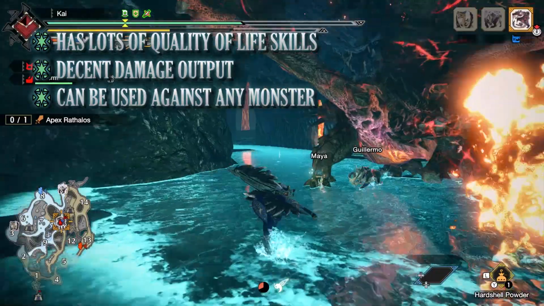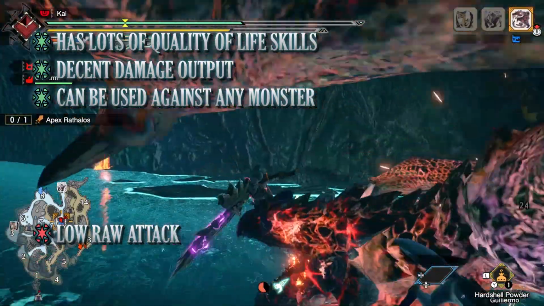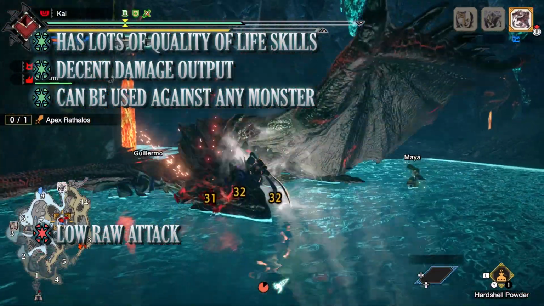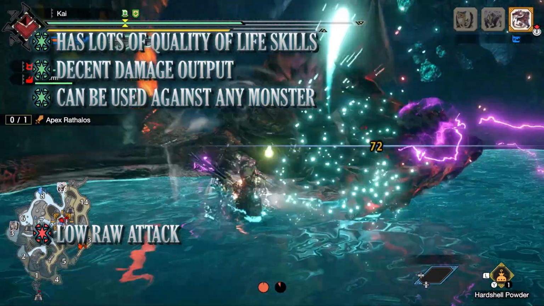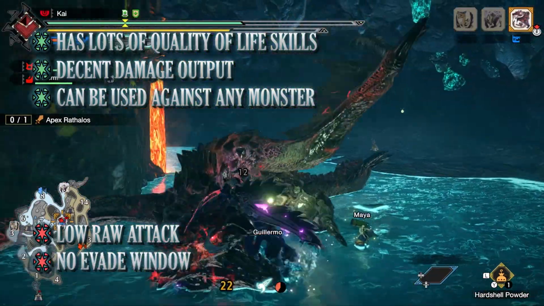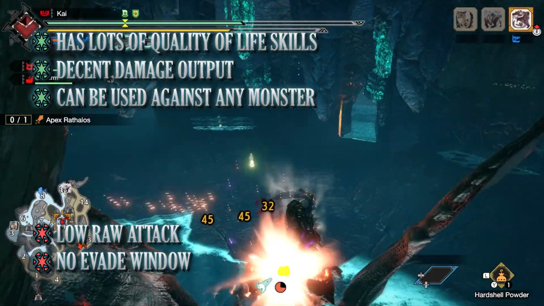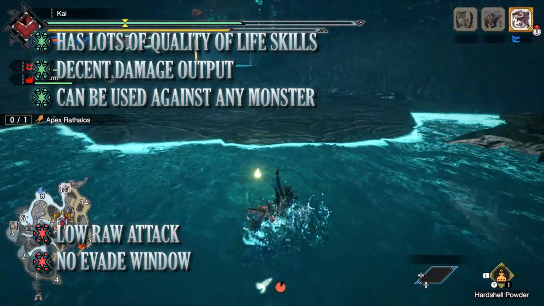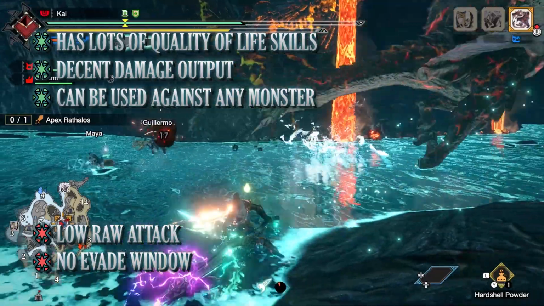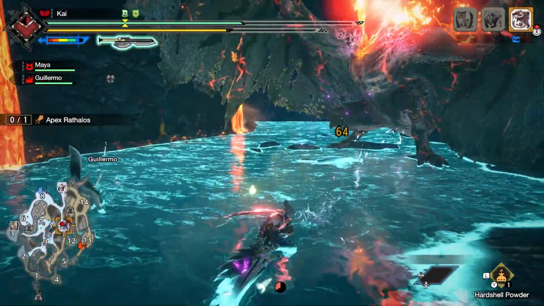The two biggest cons for this build is, unfortunately, this build is a little bit low when it comes to raw attack when compared to some of the other Switch Axes in the game, but this is negated slightly thanks to the white sharpness and high affinity. And the other con, which is more of a personal con for me, which is this build has no evade window. Evade window is a little bit of a crutch for me, especially when it comes to slow moving weapons like the Switch Axe, which would give us increased invincibility frames when we perform the little hops, allowing us to continue our combos. But regardless, for me personally this is a fun build to use, and I am confident that